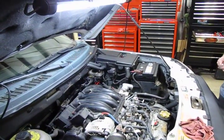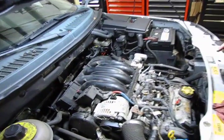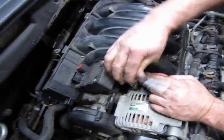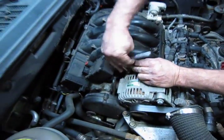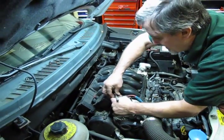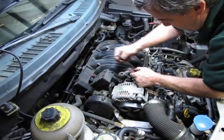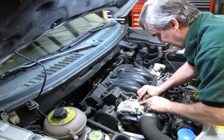Tuck that negative lead out of the way. Now we can take the cable off the back of the alternator. This is 11 millimeter, or excuse me, 10 millimeter. And we'll lift that right up and out. Okay. Push that right to the side. That gives you basically a free shot